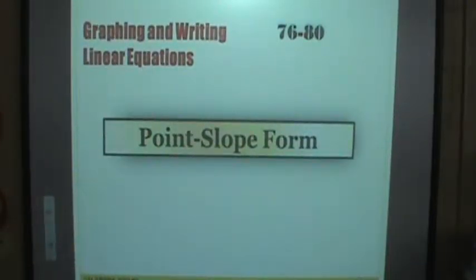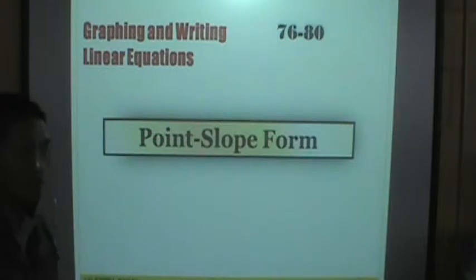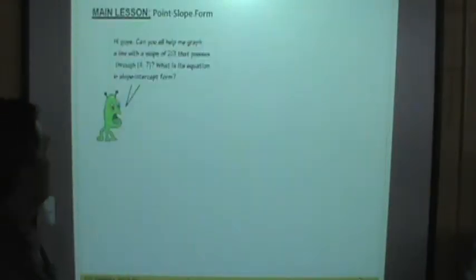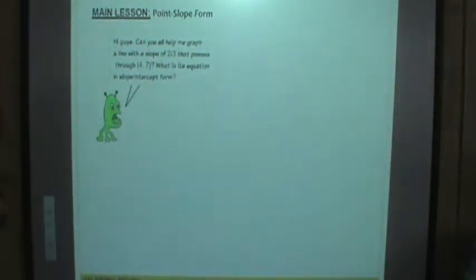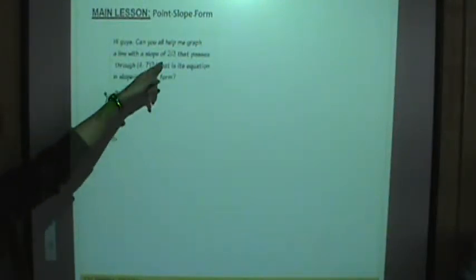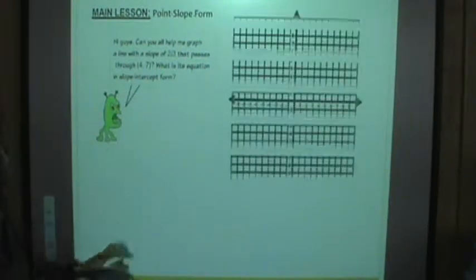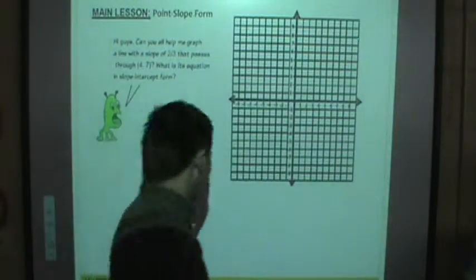Now, for the point-slope form, it will be easier if you know how to plot, if you know how to find the slope, and if you know how to find the y-intercept, okay? For example, this person needs help graphing a line with a slope of 2/3, passing through the point (4, 7). Okay, so again,